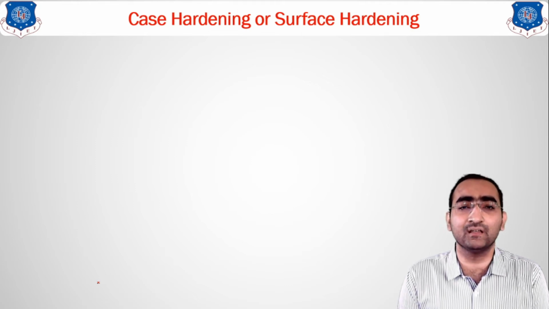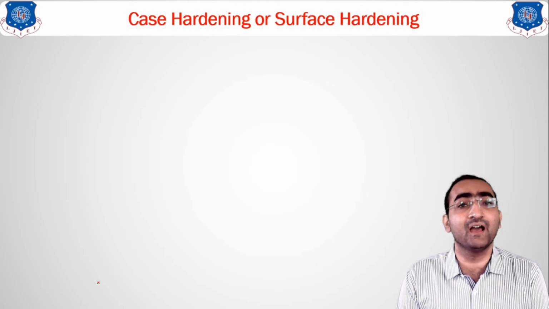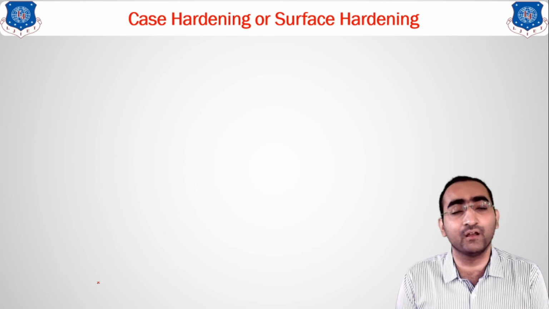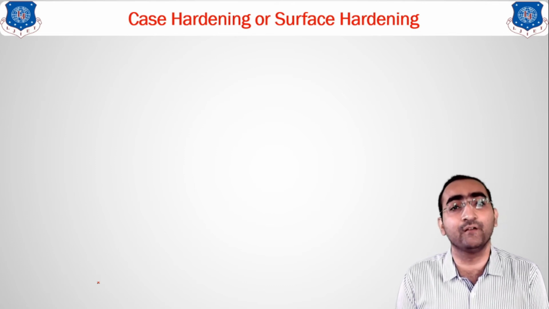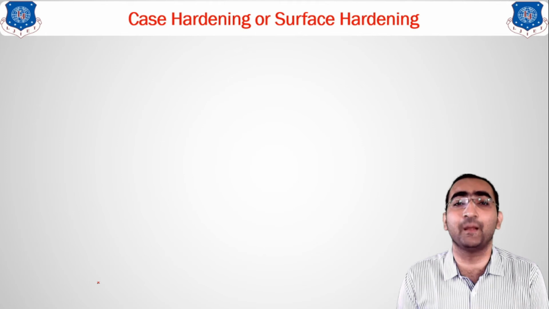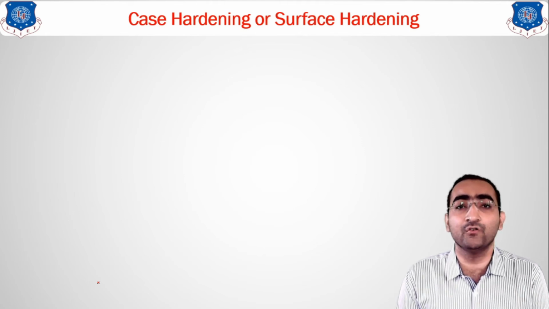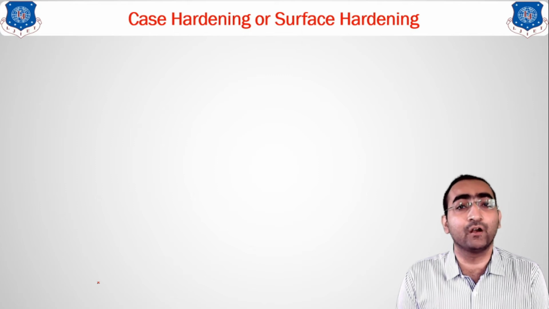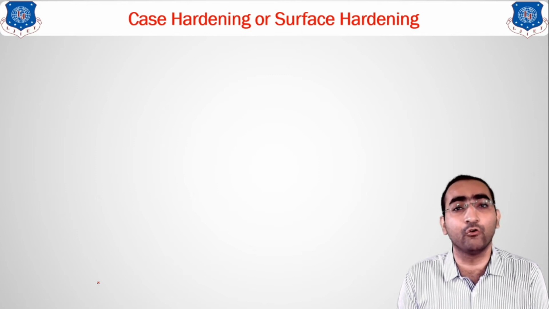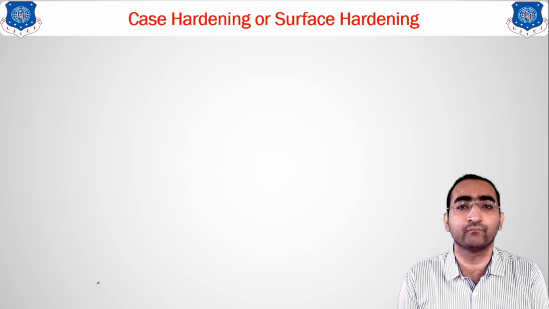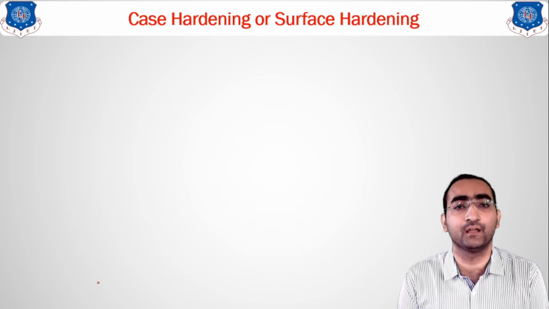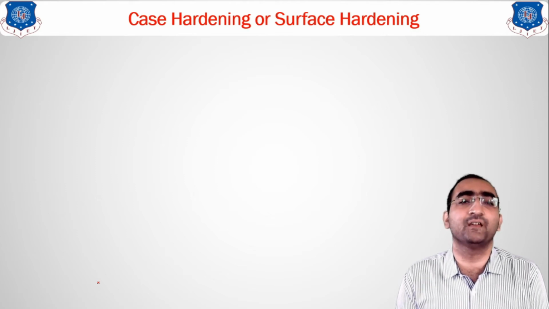Why are we going for this hardenability? Because now we are moving forward to the surface hardening method. What do you mean by surface hardening? Now we have come to know that hardening the whole material is of no use, so we are only going for surface hardening. Why? Because we require hardness only at the surface level.